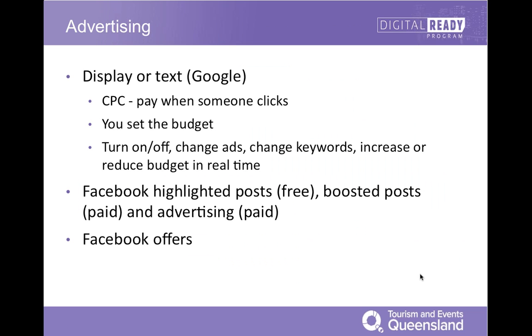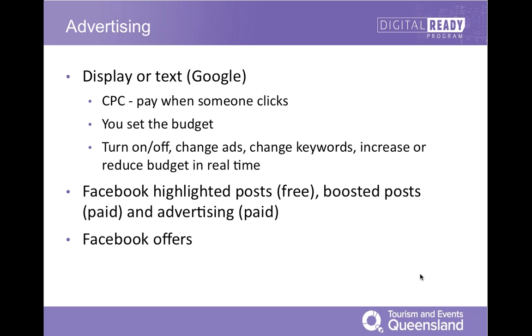advertising money on. And the beauty of these ones is you can turn them on and off. You can reword your ads, change them, take ads down, put new ads up. You can change your keywords, select new keywords, or get rid of the keywords you have. Increase or reduce budget in real time. So you can start to collect data as soon as your ad goes live. Even within 24 hours, you could see what ads are performing, how much you're paying, and you can tweak it